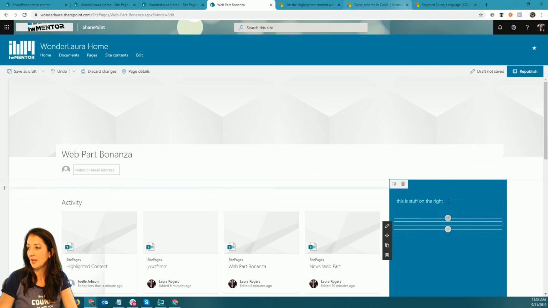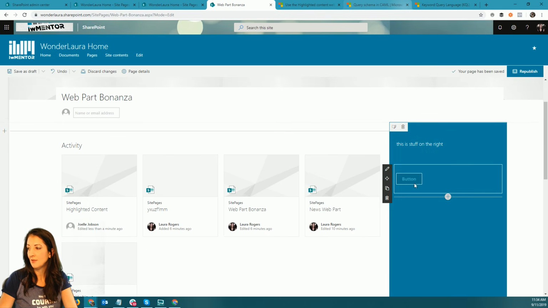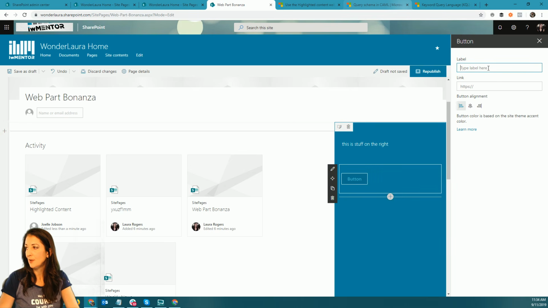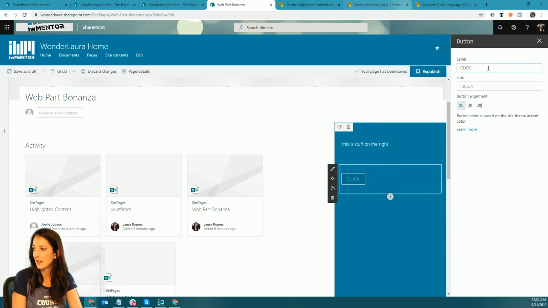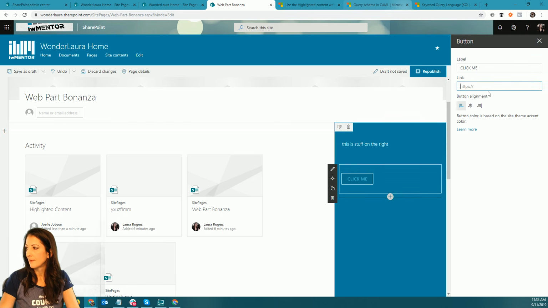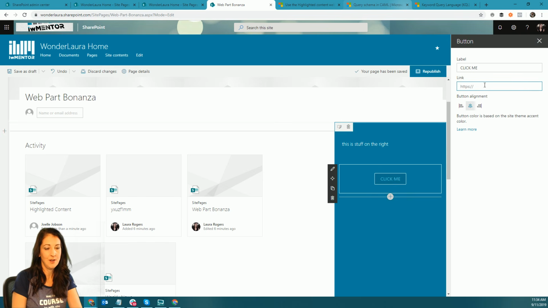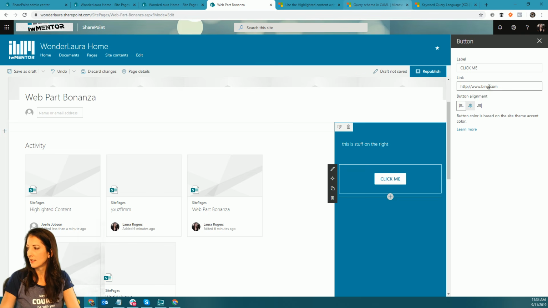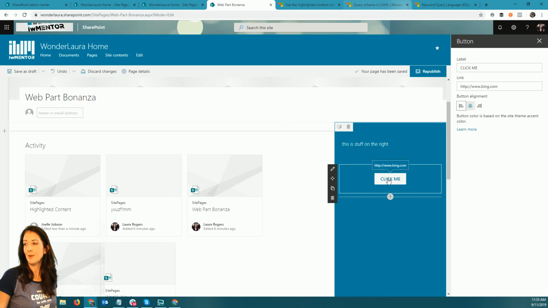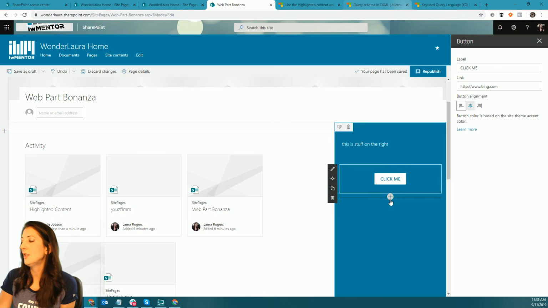So you're just going to keep adding web parts going down. So like here's one of those new button web parts. I'm surprised that this one didn't change to white like it did a minute ago when I was testing that. Oh yeah, there it did. So once I put an actual link in it, it changed to white. So that makes sense. Okay, so then you could put a list of quick links down the side